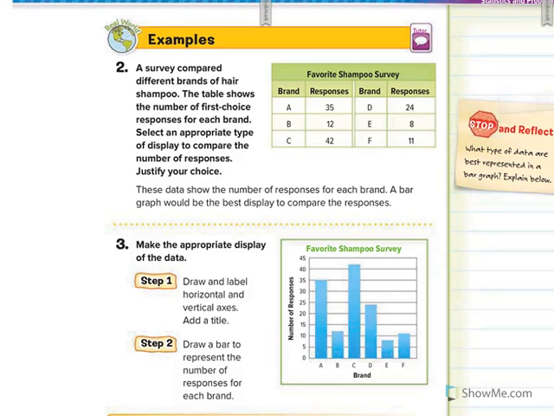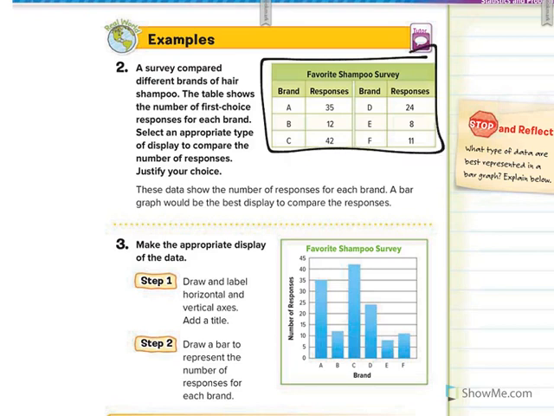Now let's look at examples 2 and 3. A survey compared different brands of hair shampoo. The table shows the number of first choice responses for each brand. Select an appropriate type of display to compare the number of responses. Justify your choice. So if I look at the table of data that's given to me, I can see that